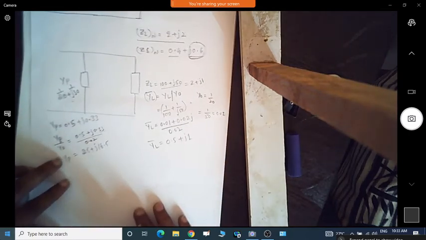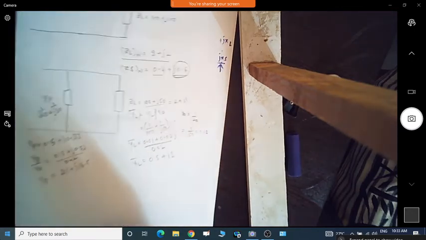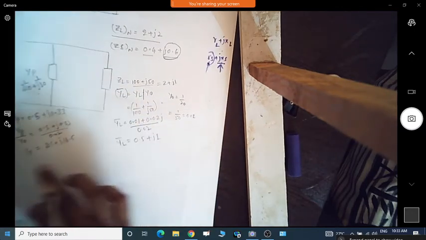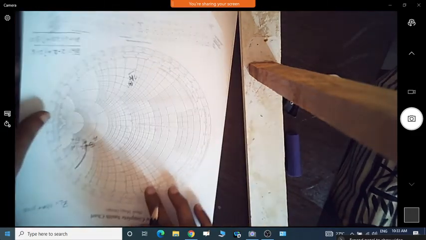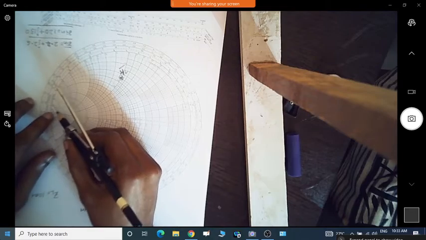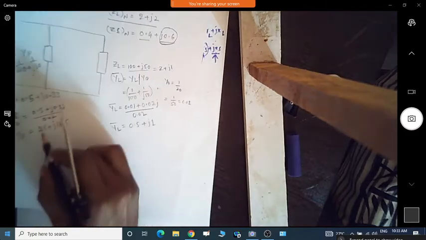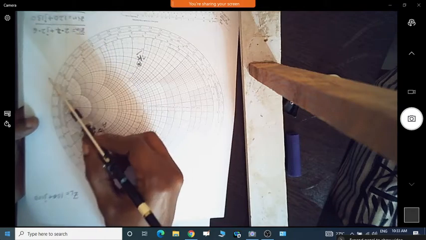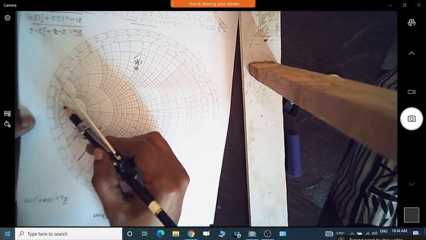Okay, so now first we need to add this one to this value, the load value. So we'll get the point where we have it in the Smith chart. We'll see that point. So it is so much reactance we are adding here. Because it is a large value, that is 25 plus j16.5, I think we cannot see it in this part. It will come in this part, that is 25 plus j something.